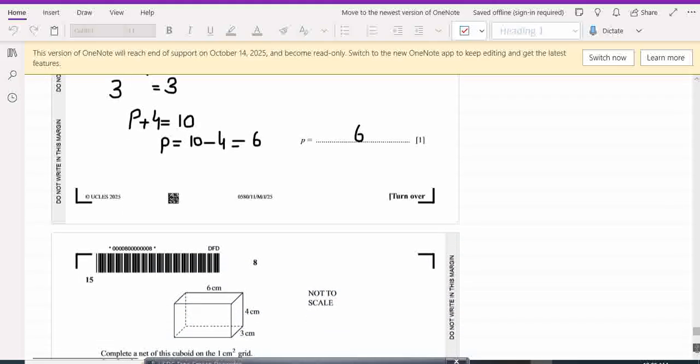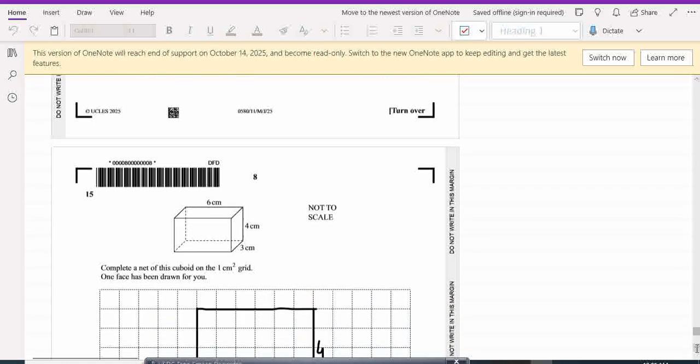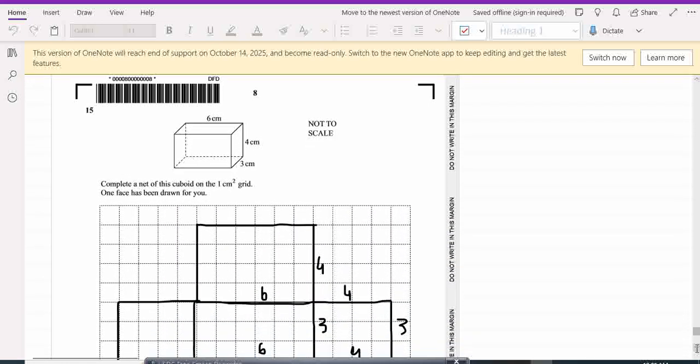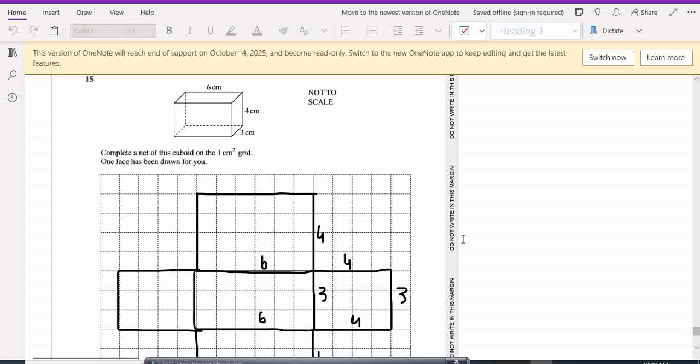Next is 15. A cuboid is given, we have to draw the net of it. One face has been drawn for you, this face is 6 by 4. Now the next face after this is 3 by 6, so I put 3 here and then 6, so this is 3 into 6. The next face is this face,